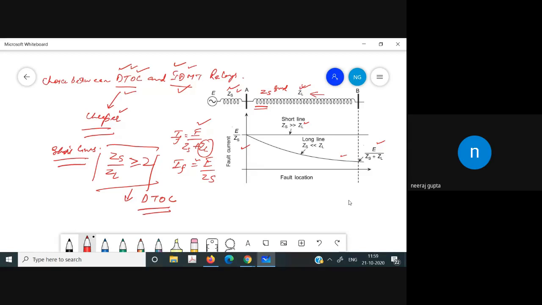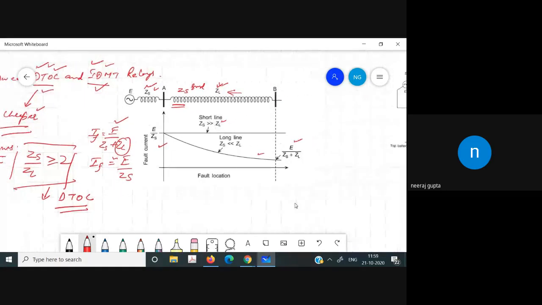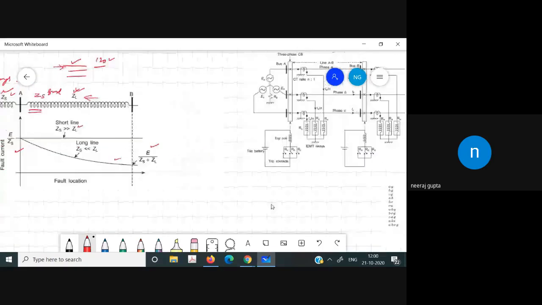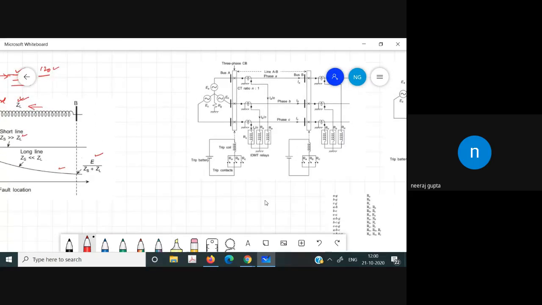Now, we will discuss the protection of three-phase feeder. Here we have assumed that everything is balanced, and we do the analysis of one phase only, and for the other phases we rotate by 120 degrees to get the values, assuming the system is balanced. However, if we take all three phases into consideration, we have to look into the three-phase feeders. Now we will discuss the protection of three-phase feeder. So the heading would be protection of three-phase feeder.